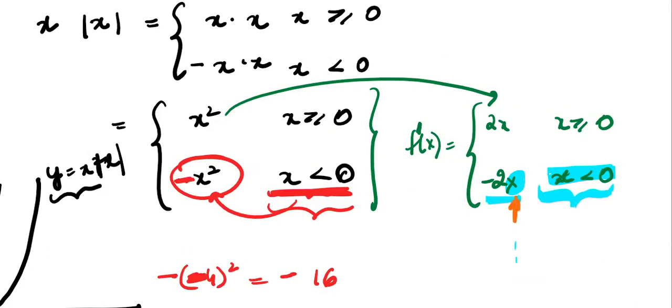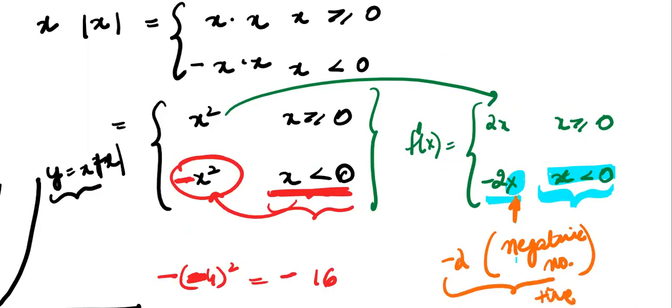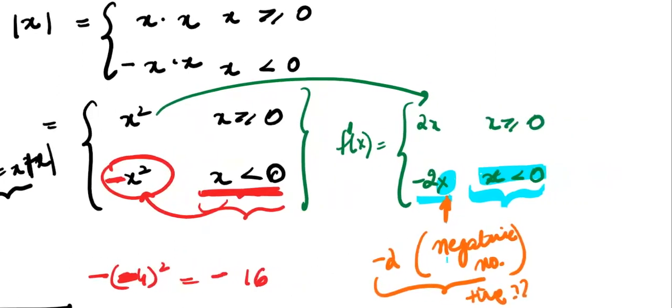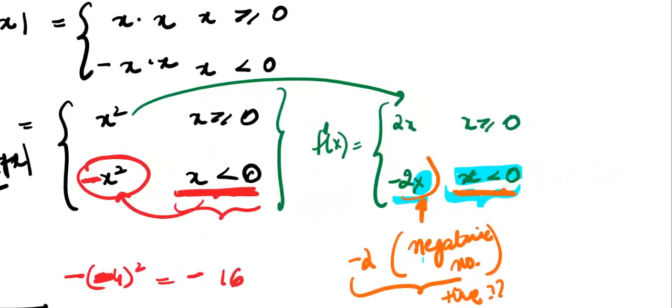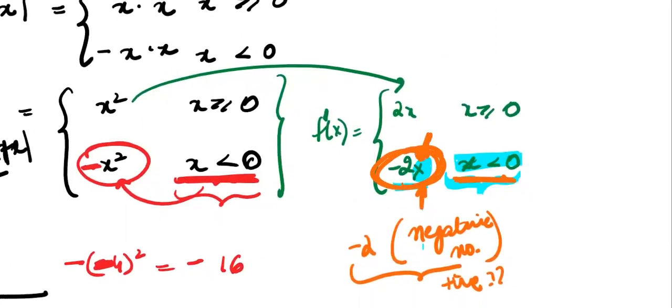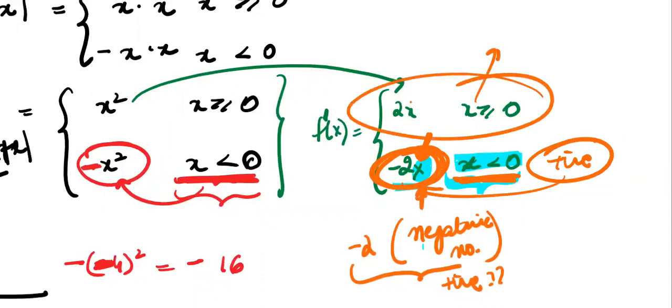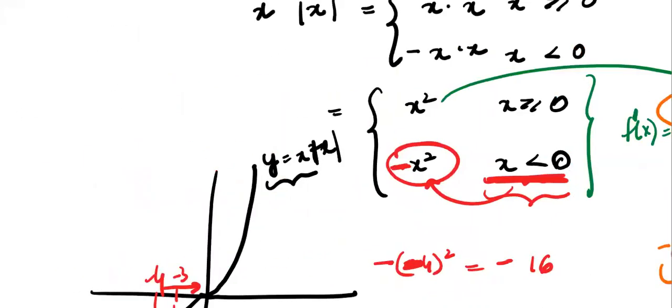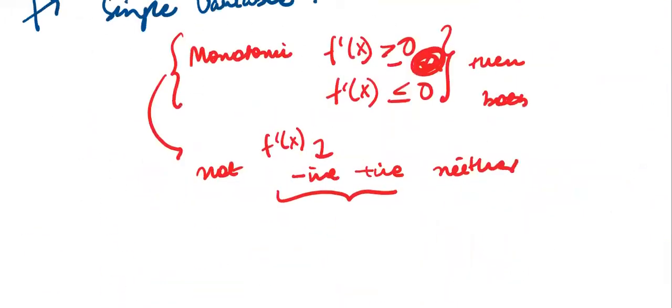So instead of x, when you put any negative number and multiply it with minus 2, wouldn't this entire thing become positive? Isn't it? When x is less than 0, your derivative is minus 2x. Now, when you put any negative number instead of x, won't minus 2 into a negative number be positive? So this is greater than 0. And this is also positive. When x is greater than 0, any positive number multiplied by 2 will be greater than 0. So f dash x is positive, which means it is both quasi-convex and quasi-concave.